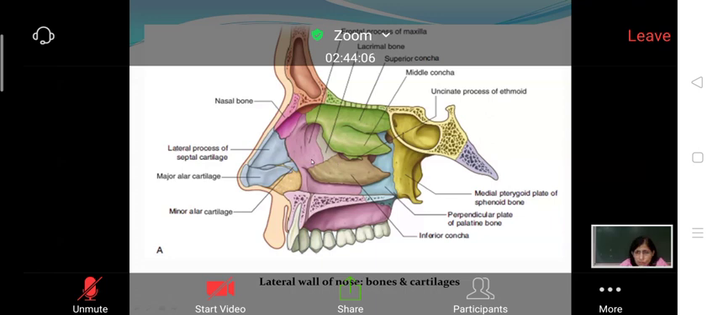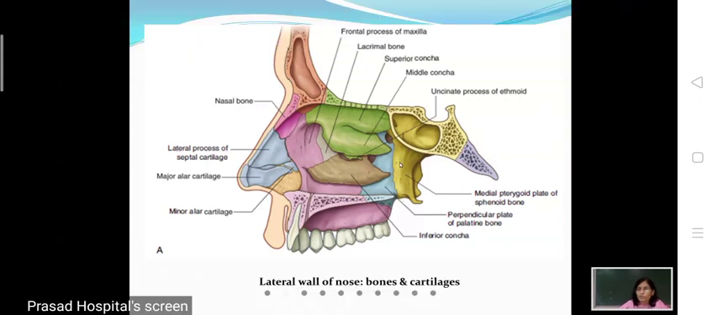Here you could appreciate this purple color, this bone, the perpendicular plate of palatine, and behind the perpendicular plate, this is the medial pterygoid plate of sphenoid bone. So the bones in the nasal cavity, in the lateral wall of nose, are frontal process of maxilla, lacrimal bone, then